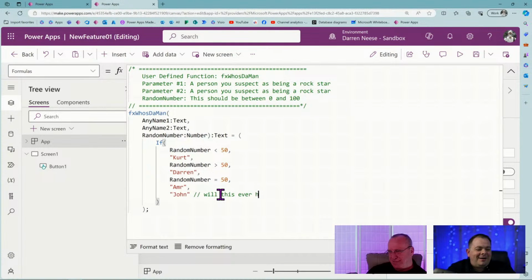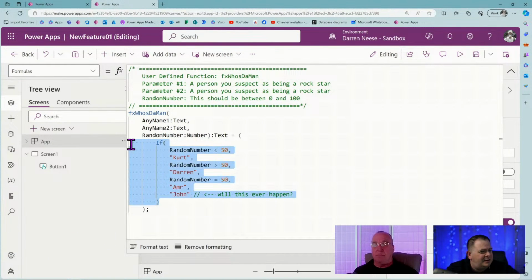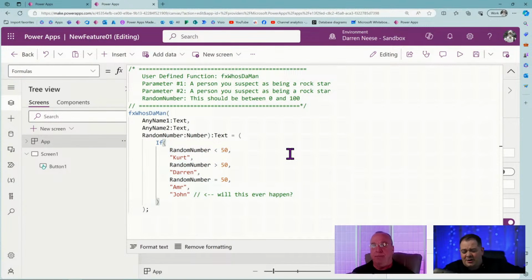Will this ever happen? First, it won't. But second, I wouldn't like it anyway, because now you're lucking into it. Now you've got an else in there. So this to me is representing a switch, right here. I don't want to get too much into the weeds on the branching. I did respond to what people said. I flattened it. Some people like this, so if you guys like it, there it is. This should never happen because a number is always going to be less than 50, greater than 50, or 50. Those are the only three options, right? So it's never going to happen here.